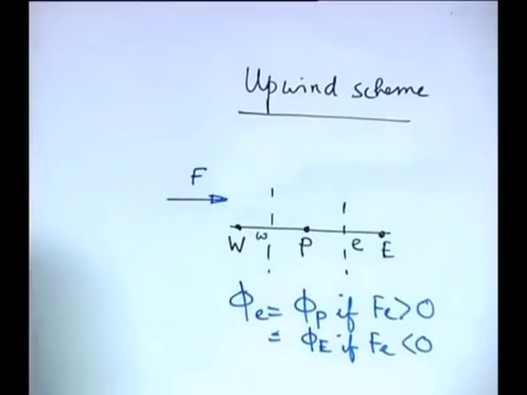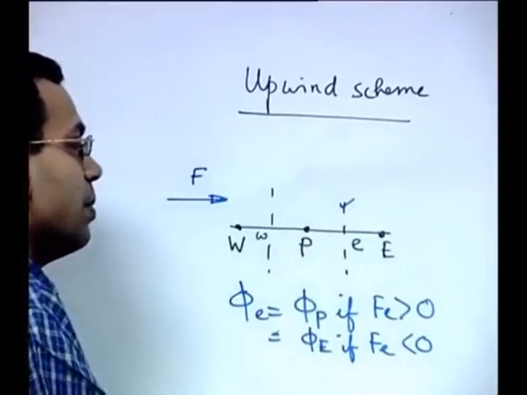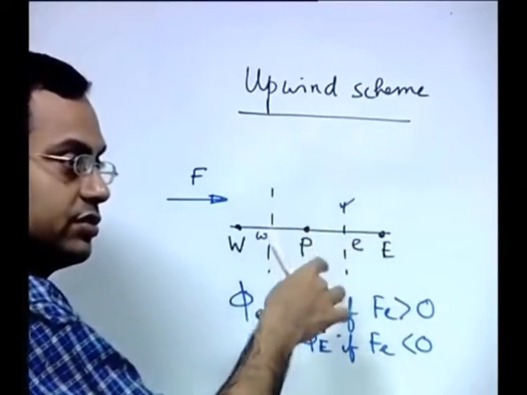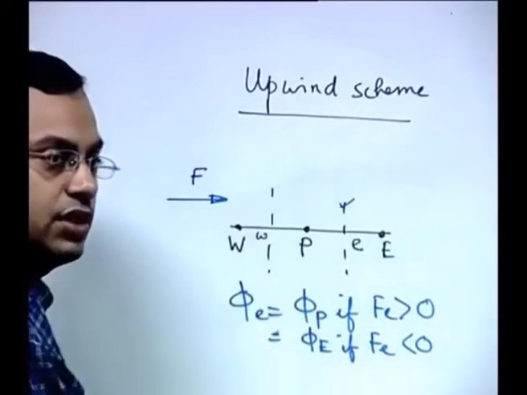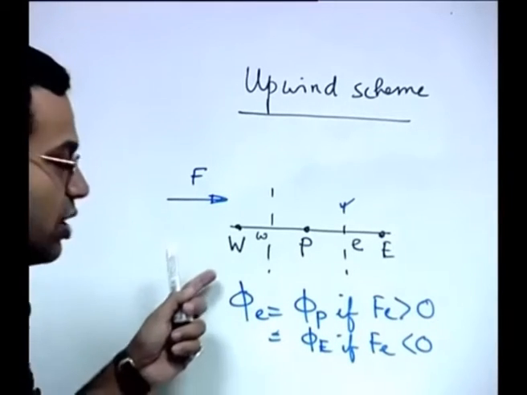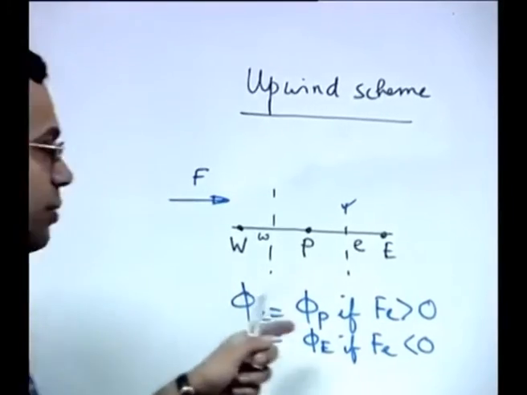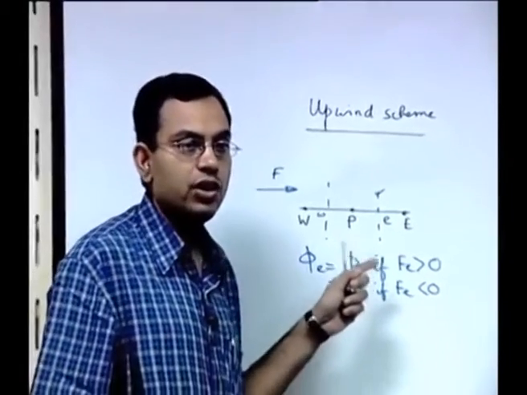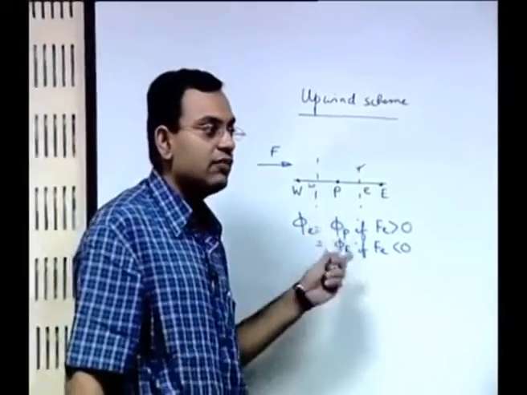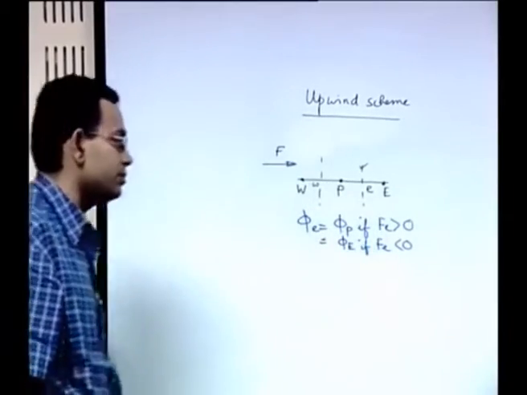So, the value of the variable at the control volume face is assigned to be the same as the value at the upstream grid point, that is what is the profile assumption for the advection term. Of course, you cannot use this profile assumption for the diffusion term because this is just like a piecewise constant profile. So, it will have the first order derivative as 0, and it will not contribute to the diffusion term.